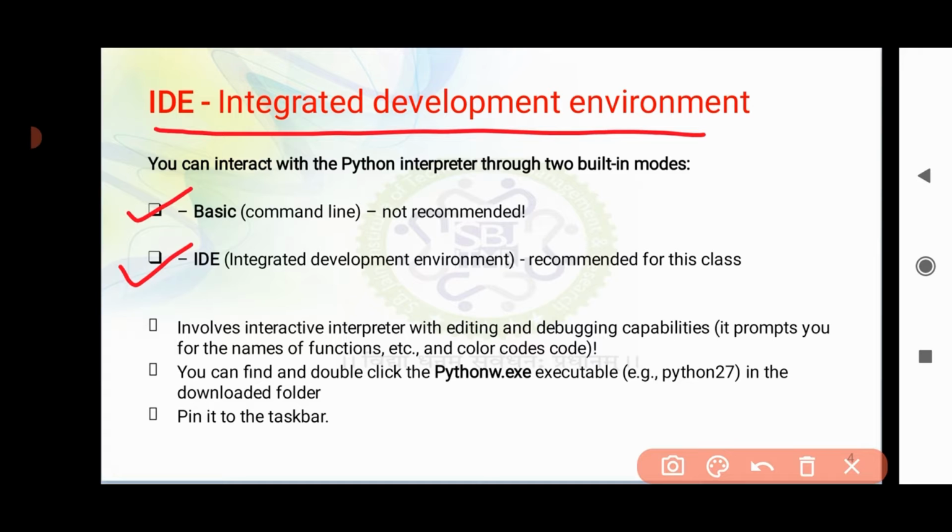Now, what is an IDE? IDE is basically an integrated development environment for Python which has an interactive interpreter with editing and debugging capabilities, like I discussed with you about VS Code, that is Visual Studio Code, which prompts you for the names of functions, color codes, etc. And that's the reason it is highly recommended for Python programming.